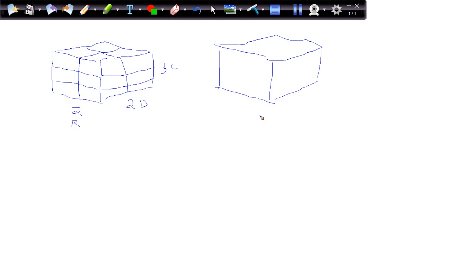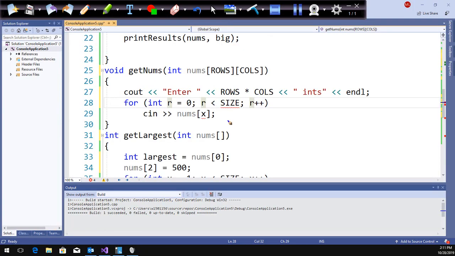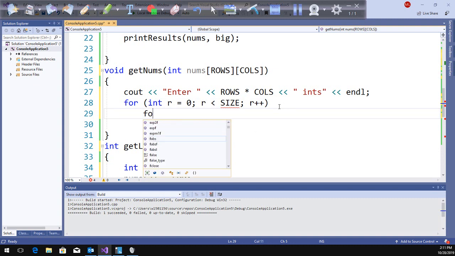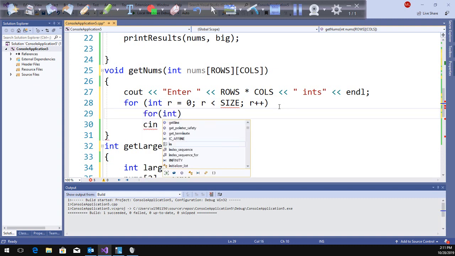But still I'm in 3 spatial dimensions. And then I might have a 5-dimensional thing that says what city are these things in? So I can use dimensions in a bunch of different ways. They don't have to be just in terms of what our minds can conceive of. Okay, so I could have a bunch of dimensions over here, but for right now, let's just go with these. Okay, so I've got this, and then I need to do another loop for int